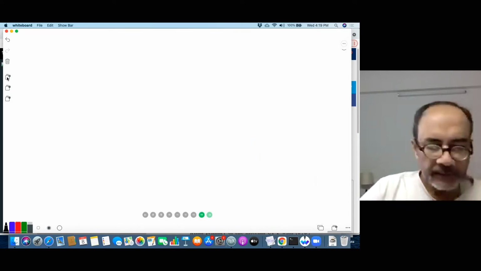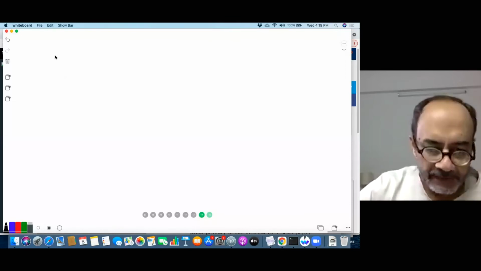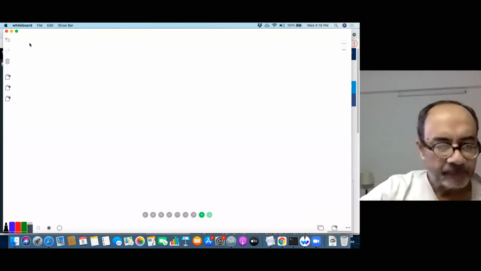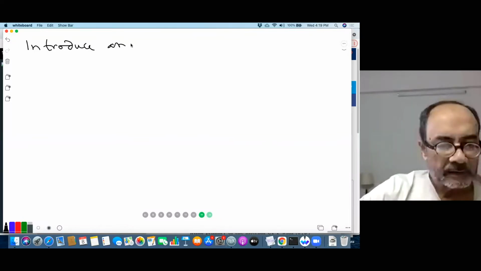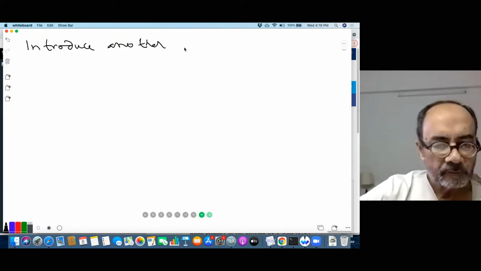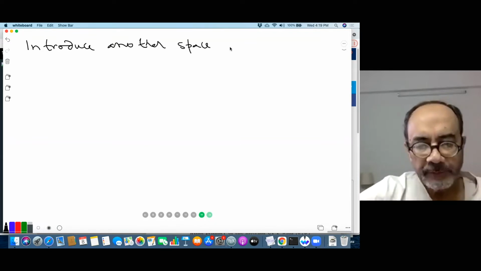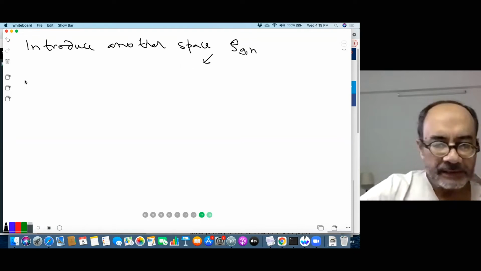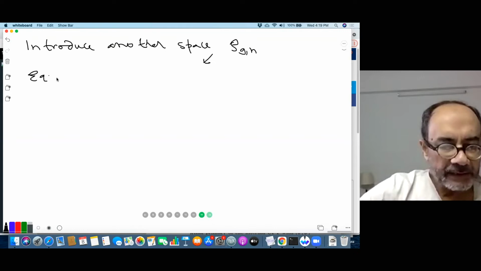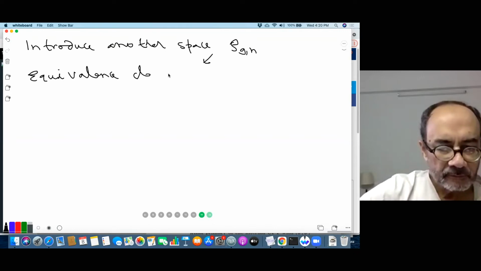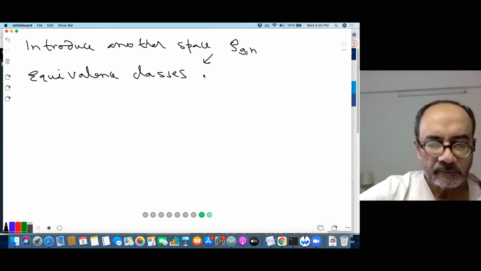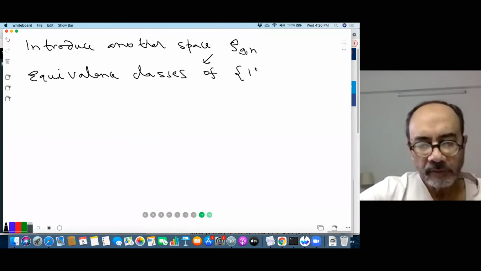Now we are going to introduce another space, which is infinite dimensional. So introduce another space, PGN. This is equivalence classes of these Fs, these functions,